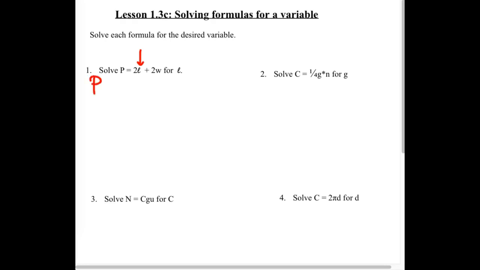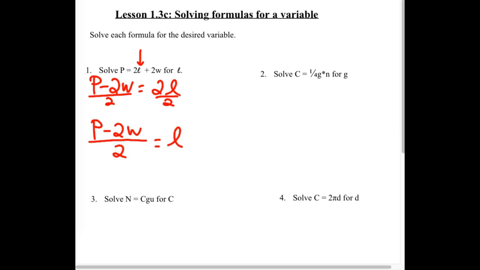So we're going to subtract 2W over here, and we have 2L left. Then what's the last thing I have to get rid of? The 2. How do I get rid of it? I divide, because right now it's being multiplied to L, so I want to divide both sides by 2. My final answer